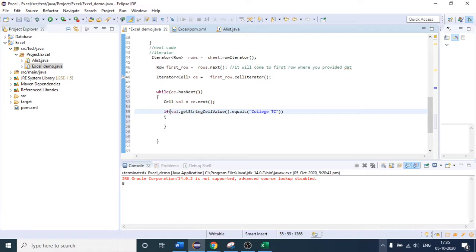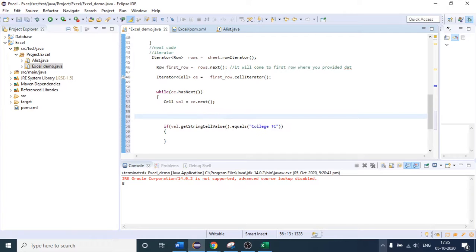Before that, let me copy this, because I am going to show you in the debug mode as well in a short while. So I am capturing it here: String cell as of now, suppose equals to, paste this.